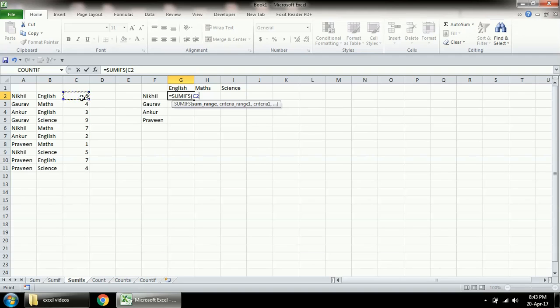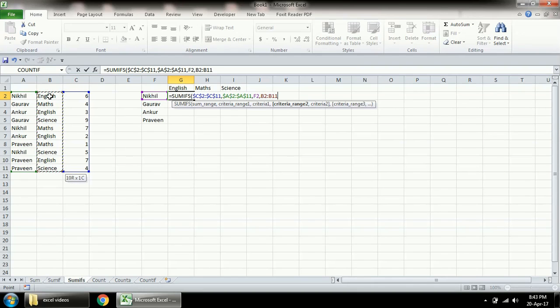Again we can select the complete range of data. Here we have the sum range in the beginning, and when we have a range we do the freezing part, which we do using the function key F4. Then we have criteria range 1, where we want to figure out where Nikhil is present. And next the criteria will be Nikhil, in this range we are trying to figure out where Nikhil is available. So this will be criteria 1. Next criteria range will be B2 to B11. Again we will freeze the same range,